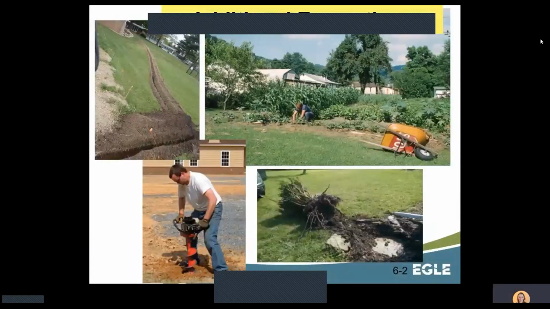Additional exemptions include minor earth changes that are stabilized within 24 hours of the initial disturbance, as well as activities undertaken by the property owner on residential property such as gardening, digging post holes, and the removal of tree stumps, shrub stumps, or roots, resulting in an earth change not to exceed 100 square feet, as long as these activities do not result in or contribute to soil erosion or sedimentation of the waters of the state, or a discharge of sediment off-site.